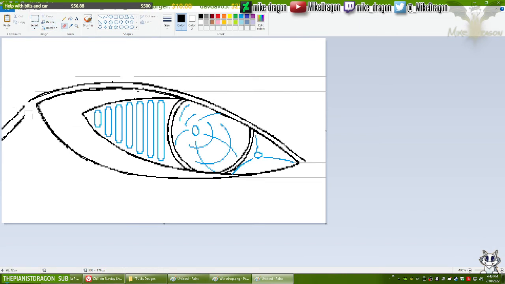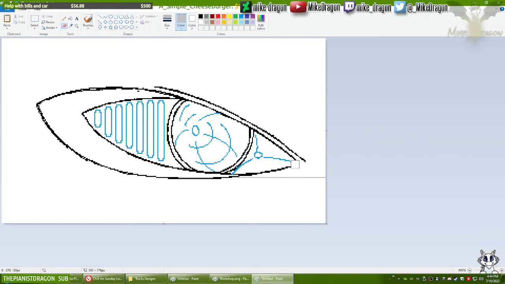Horizontal, and now I'm going to remove some of the lines that I don't need. Actually, I should do it like this with the eraser. And then simply use the pencil and do that. Perfect.